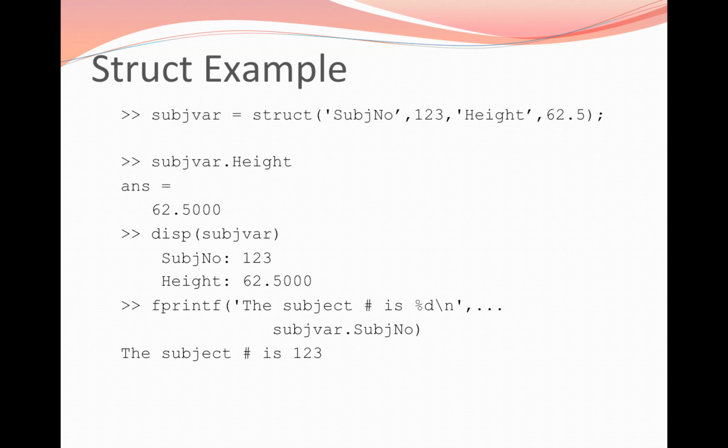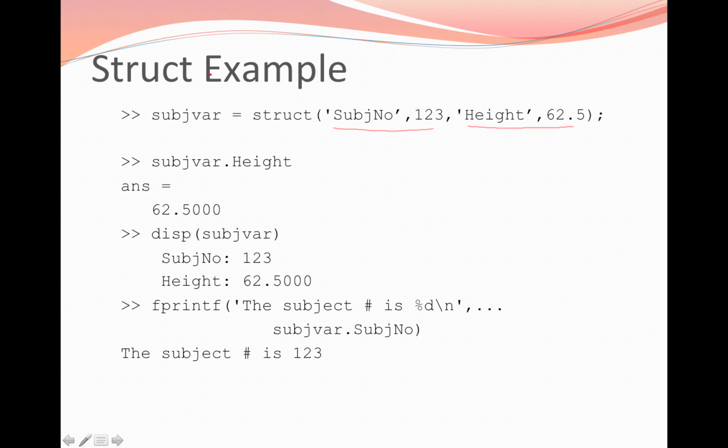Here's an example of a structure variable. Using the struct function, we're creating a structure variable called subjvar, short for subject variable, that stores two fields in it. So again, for each field you have a pair. First is the field name as a string, followed by the value. So in this particular structure we have two fields, one called subjno, or subject number, and that has the value 123. And then we also have a field called height, and that has a value